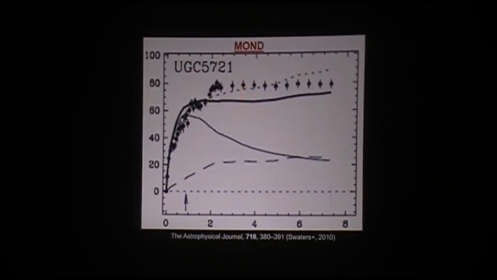Systematic offsets like this can be accounted for by the inclination of the galaxy not being exactly what you think, because the outer parts are tilted relative to the inner parts or something. Warping like that can happen at a few degrees, which is all we needed here. So MOND has worked in all of the cases. It hasn't failed by very much.